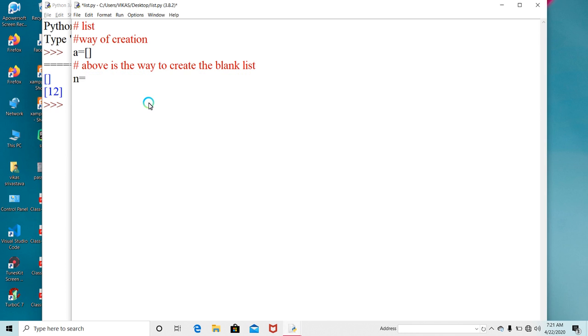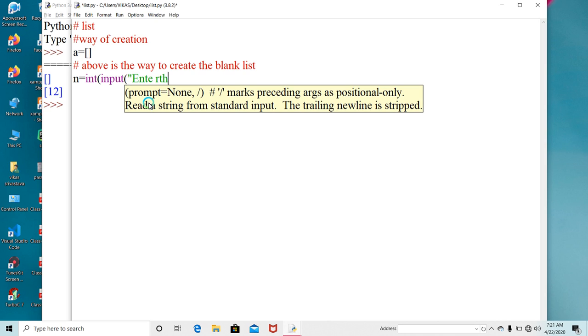If you want, you may ask the user, for example, n is equal to int input, enter how many values you want to store in the list. I forgot to type enter here.